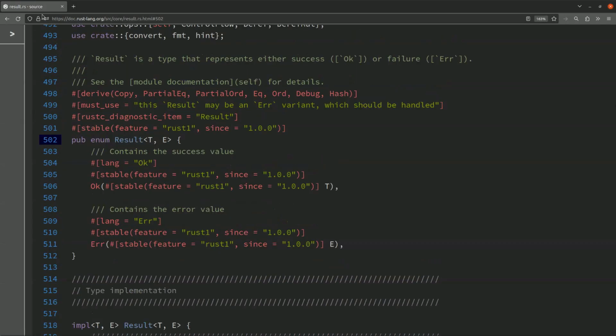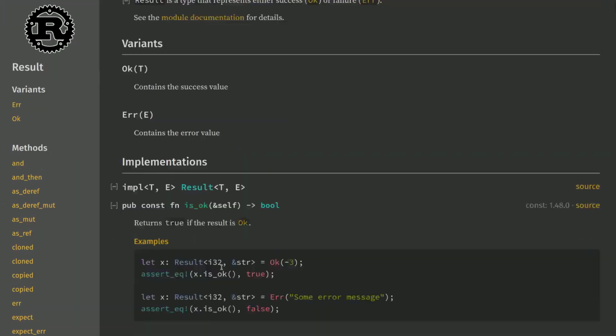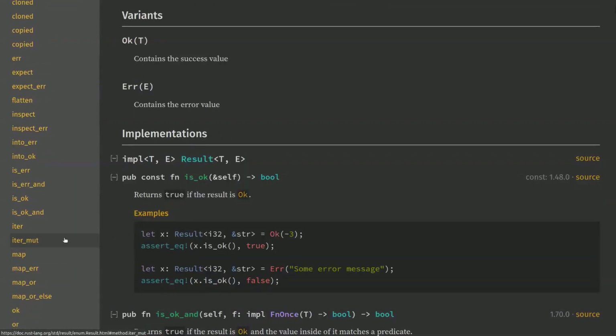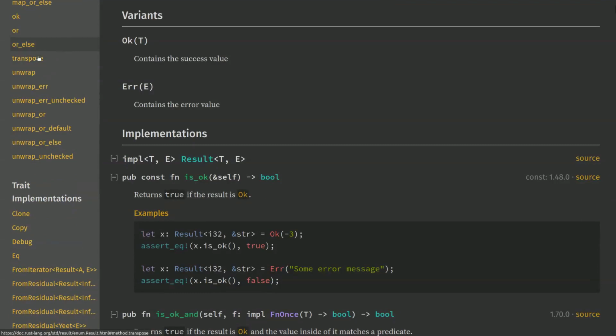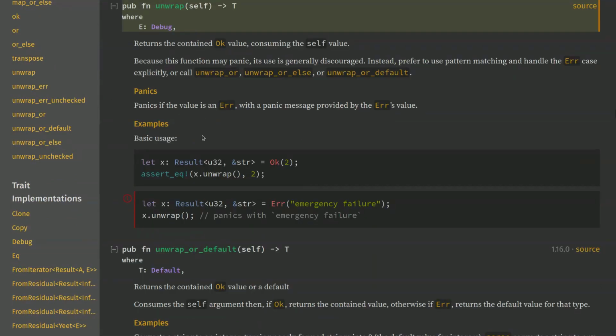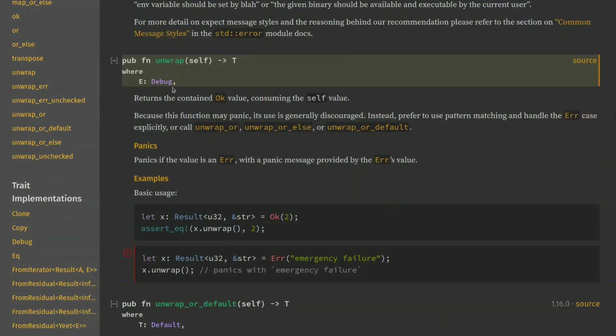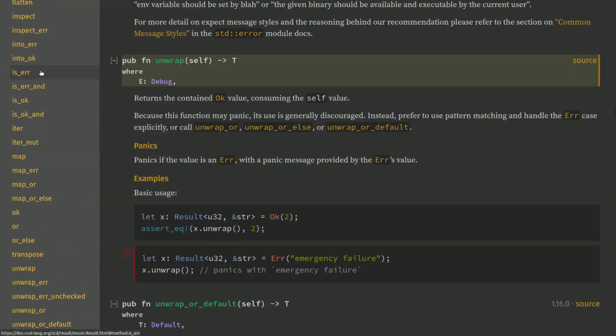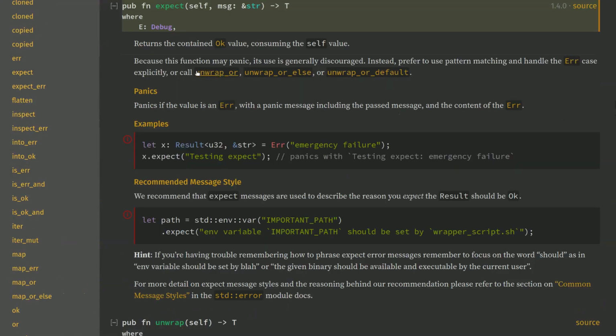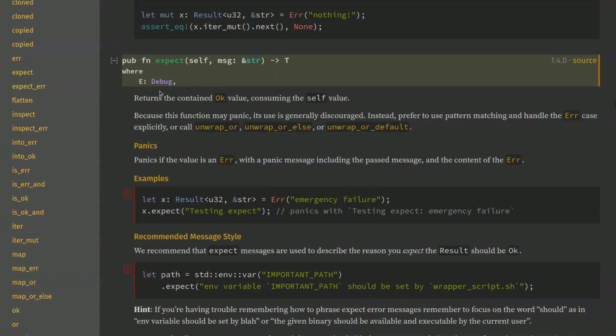And to find them, I'm going to go back into the documentation and take a look at a friend that you might have met before, the unwrap method. Unwrap adds a constraint, debug, and its cousin, expect, that you have seen as well, hopefully, which allows you to provide your own error message, has a similar constraint.